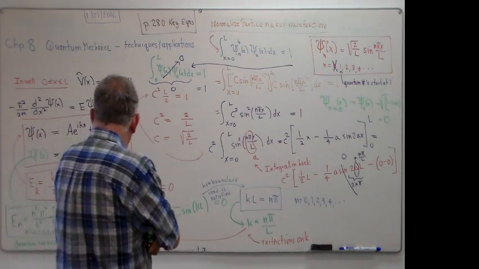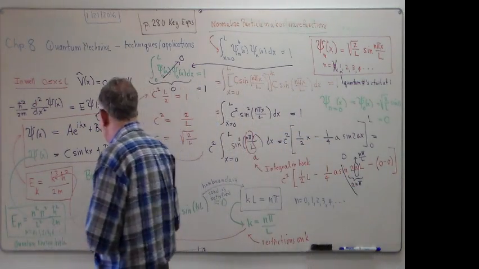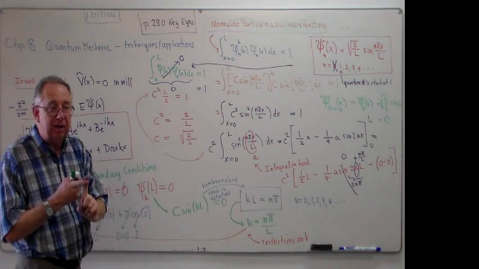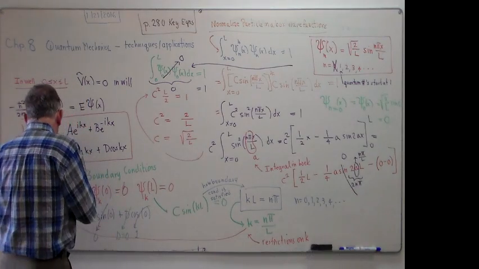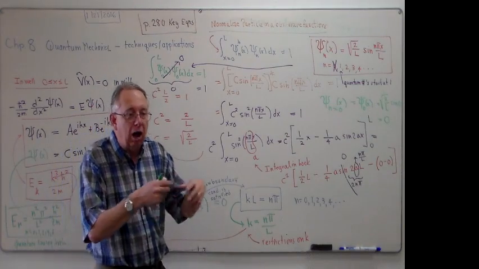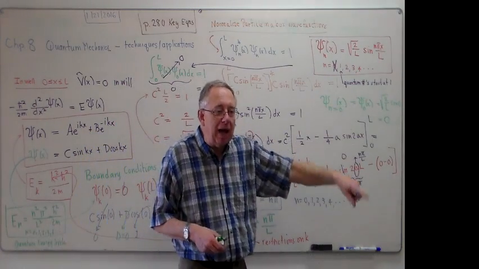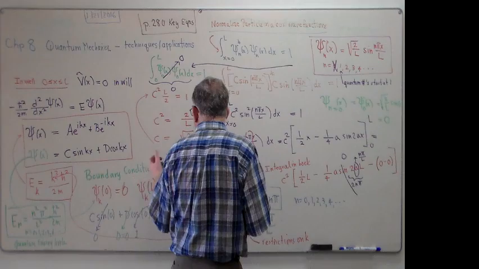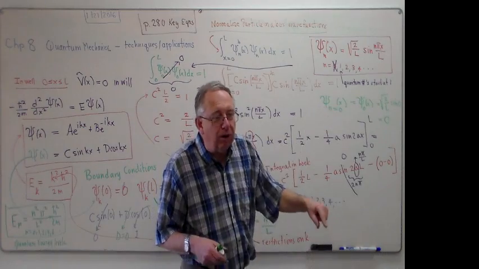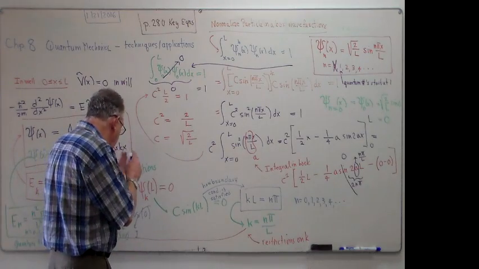Now, let's take just a moment to summarize where we've gotten. This is an obvious break point once we finish discussing this. How do we get the boundary conditions? There are 3 things that happen, well, 4 if you want to go back and say the second derivative of the function has to give constants times the function. So we have to have this oscillating matter wave, which we can express as e to the ikx, e to the minus ikx, or cosine kx, sine kx. We have to have that functional form to solve Schrodinger's equation. Then we impose a finite length,